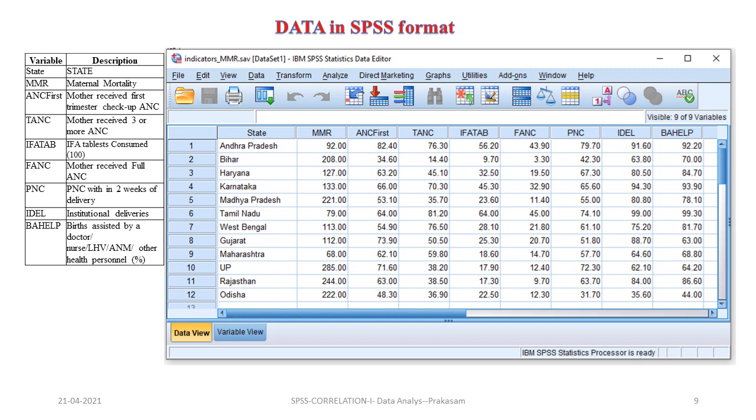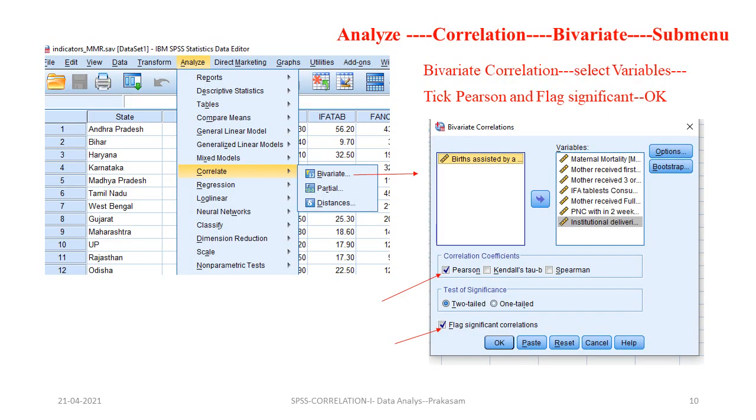By using SPSS, we will calculate the correlation coefficient. How to calculate it using SPSS? Go to Analyze, and in that there is a drop down menu, Correlate. From that drop down menu, on the right side you will find Bivariate, Partial and Distances. We will use Bivariate because we have to find out the relation between two variables. There will be many variables, and they will be related one to one.